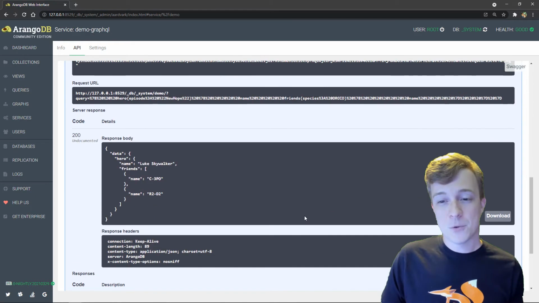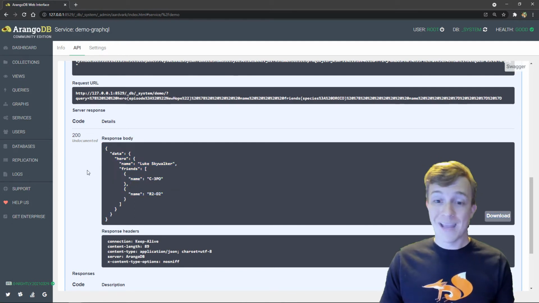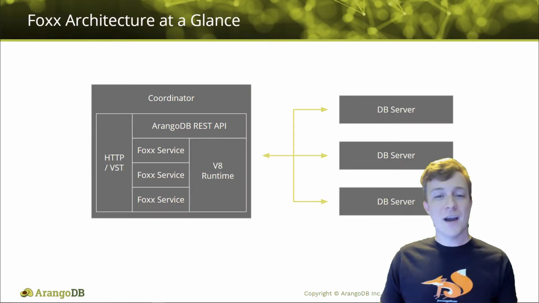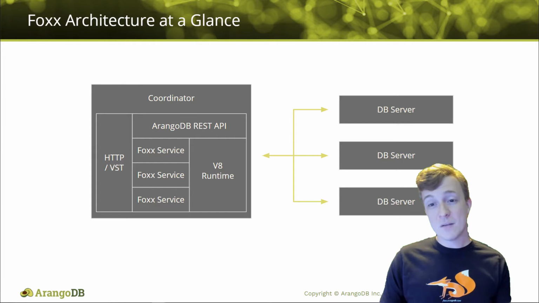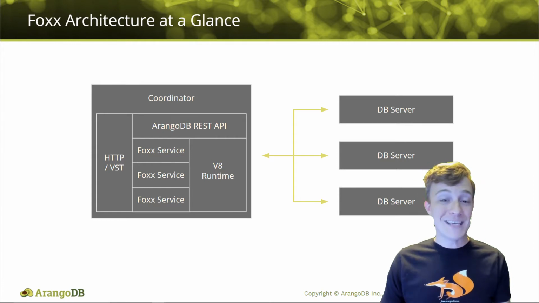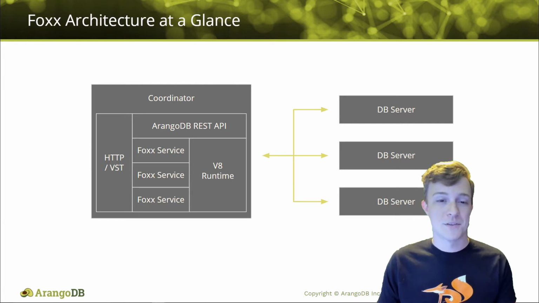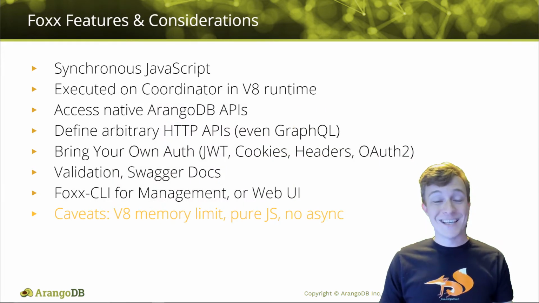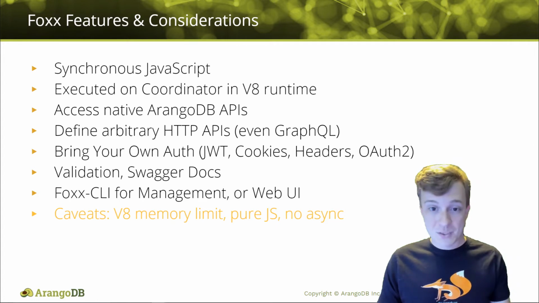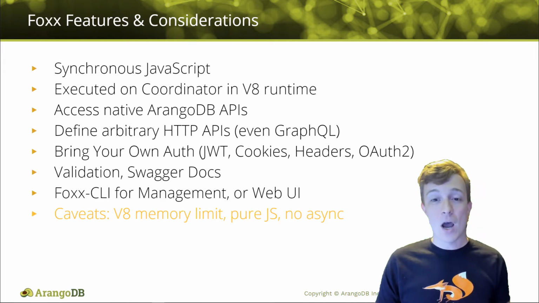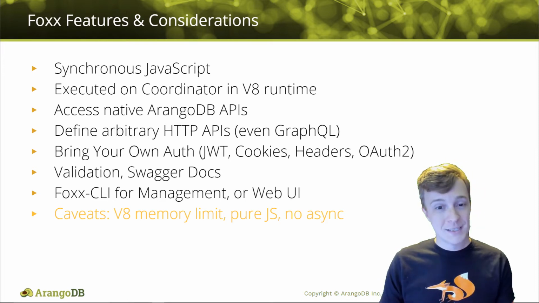Before moving on to the example, let's take a quick look at how Foxx works and some of its features, considerations, and benefits. This diagram shows how Foxx runs on the MongoDB database coordinator and executes in a V8 runtime. You access the Foxx endpoints in the same way that you access the built-in MongoDB REST API via network calls. Foxx services are written in synchronous JavaScript, and as mentioned, they are executed on the coordinator in a V8 runtime, have direct access to the native MongoDB APIs and modules,